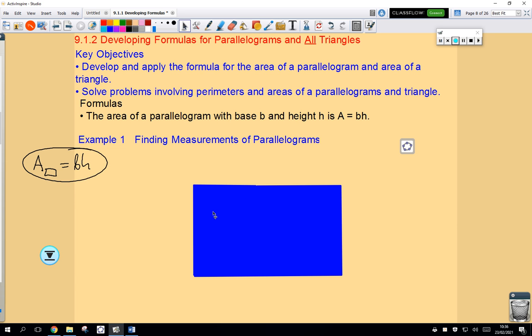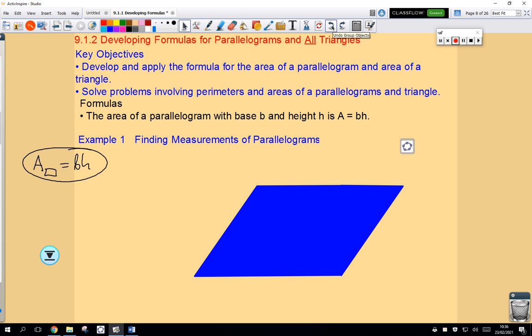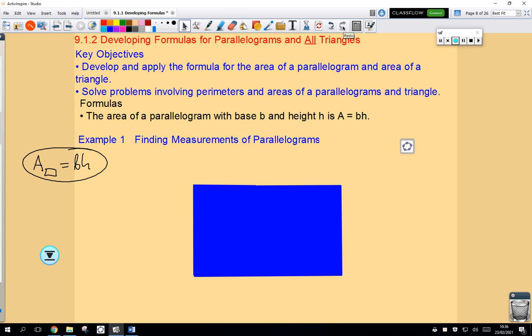And when we're trying to find the area of the parallelogram, we're trying to find out how much two-dimensional space it covers. How much blue is on the screen here in this parallelogram. And you'll find that the amount of blue that's on the screen, the amount of area it covers, is the same as this rectangle. So the formula for finding the area of a parallelogram is pretty much the same thing as the area of a rectangle,